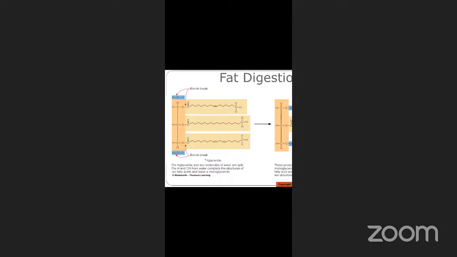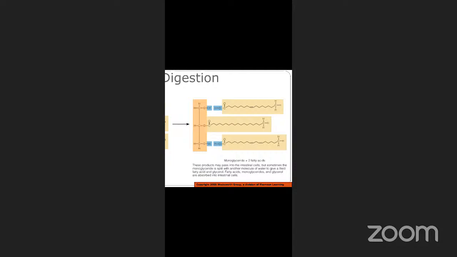If you see triglyceride molecules, you have a glycerol molecule and 3 fatty acyl chains. Whenever these bonds are weak, these molecules will be first cleaved. Then it will form monoglyceride. Then the monoglyceride will be digested. Like this, first carbon and third carbon, the chains will be cleaved. Then you will have monoglyceride plus 2 fatty acids.